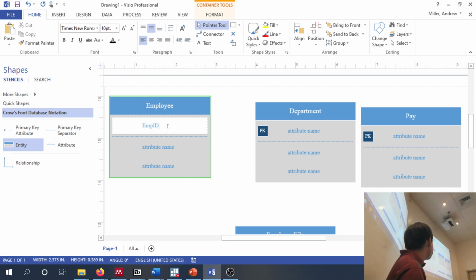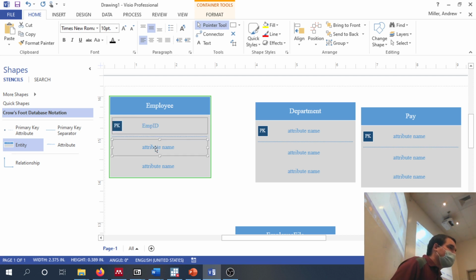So, employee ID is going to uniquely identify each of the instances of employee. If we were to have an employee starting, what would we do? We'd assign them an employee ID. That's very common. Okay? Just like with customer, we're going to want to get a lot of information about